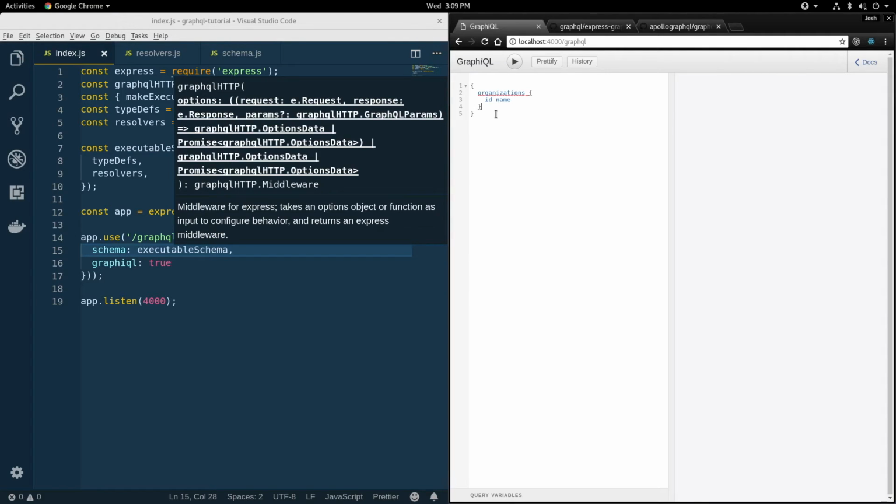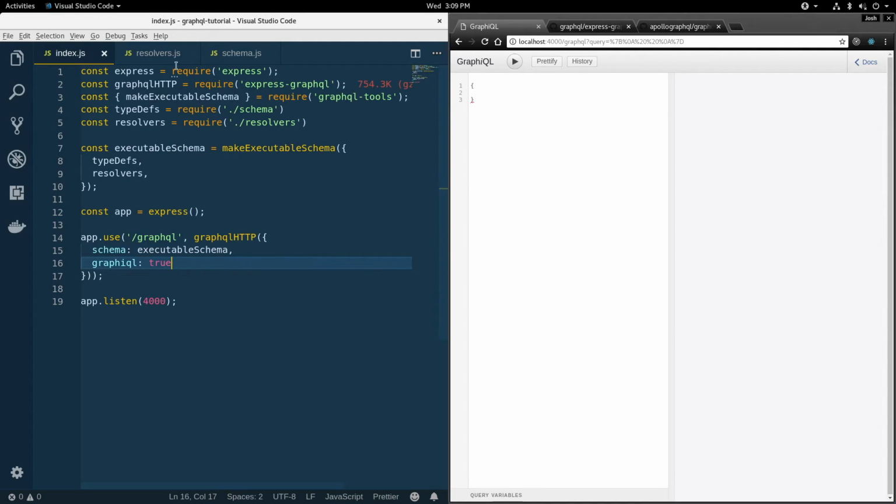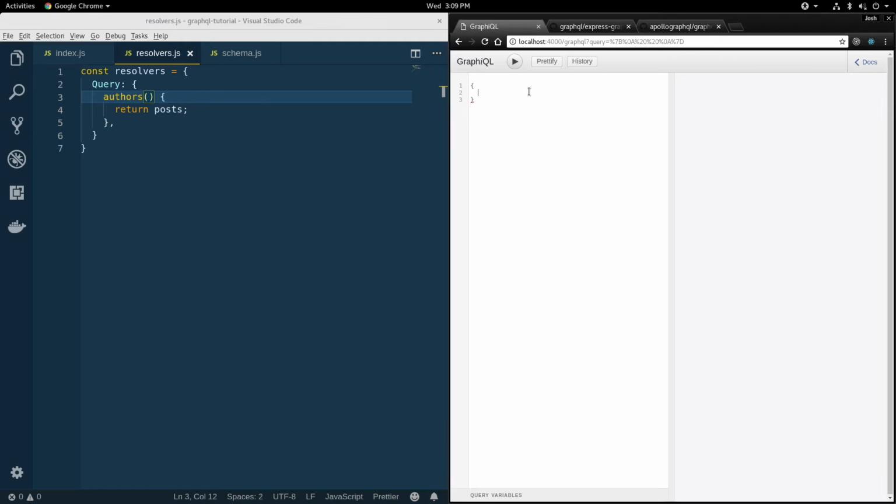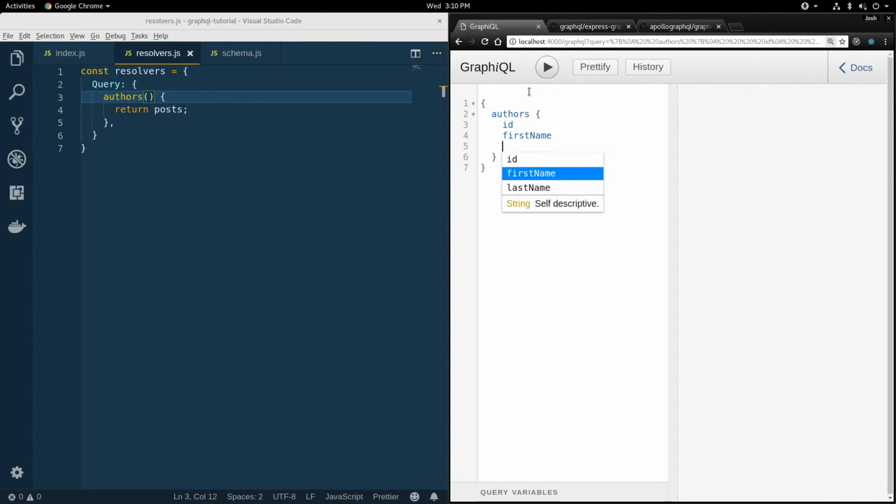And now we get what we call GraphiQL, or graphical, and that's the graphical query builder. So in here you can hit command space or control space and autocomplete. So we can see we have authors, and on that we can ask for the ID. Here, I'll make that bigger for you. The first name, the last name,